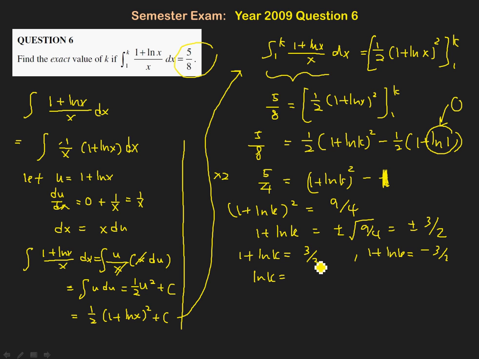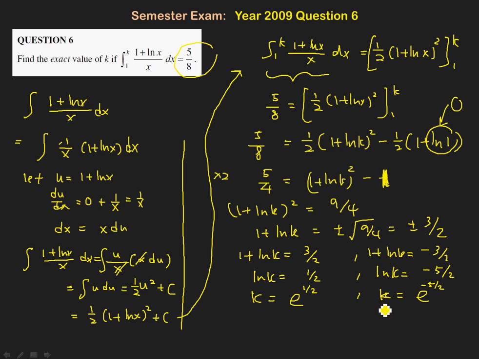Here you get ln k equal to -5/2. And finally, because it's ln, it means k is equal to e to the power half. And this side you get k equal to e to the power -5/2. However,